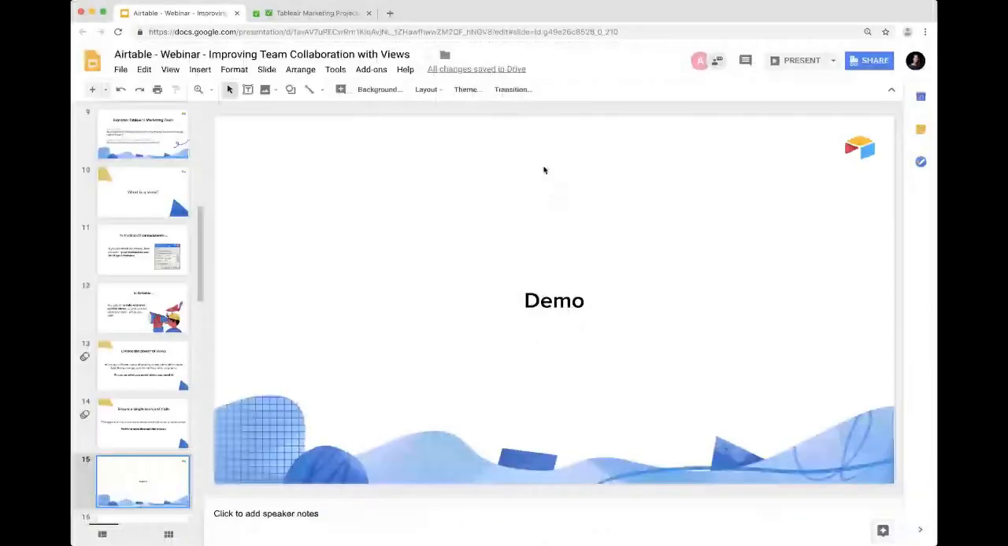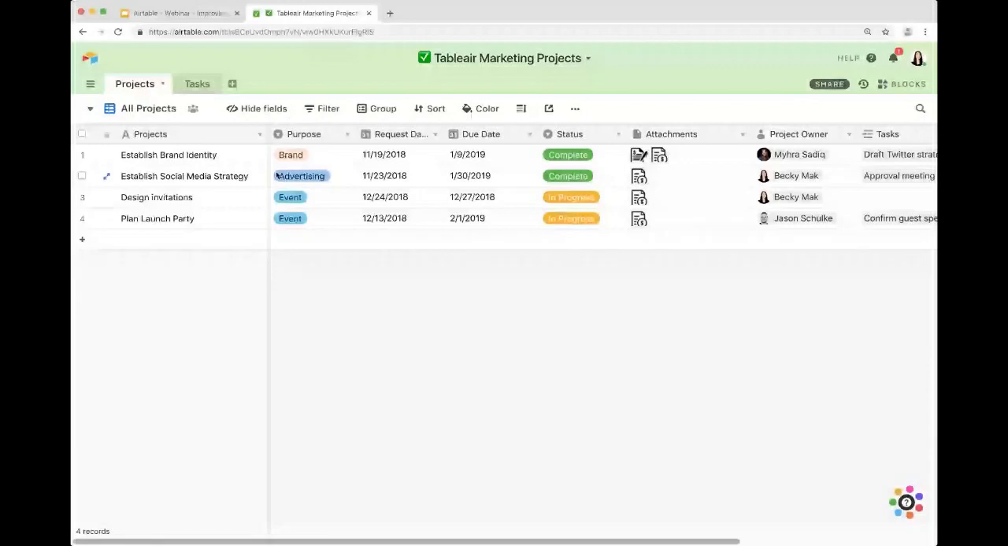So in terms of what this looks like in Airtable, let me just quickly show you and jump into our base here for Table Air. We have all of our projects listed here. Let's say we have 4 before our big launch. We can easily